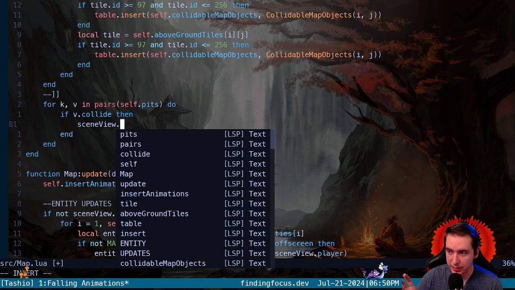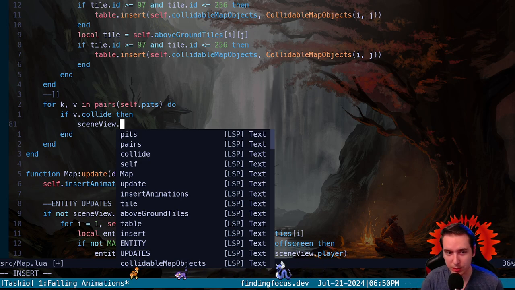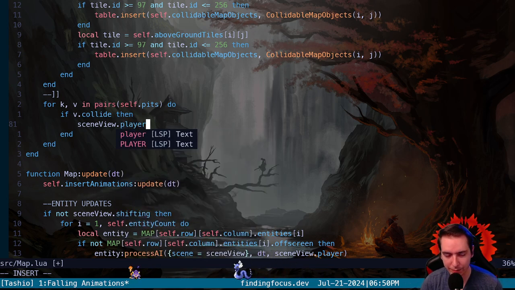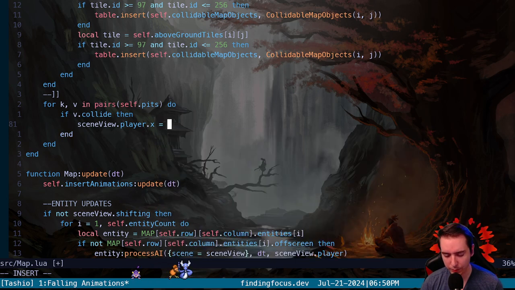If you walk screens, the maps change, but the player doesn't scroll off with the map. So the player exists in the scene, whereas the scene holds the references to the maps, renders those first, then renders the player on top, and treats them kind of differently. So we have it pulled out a little separately. So we have to go into self.player.x,